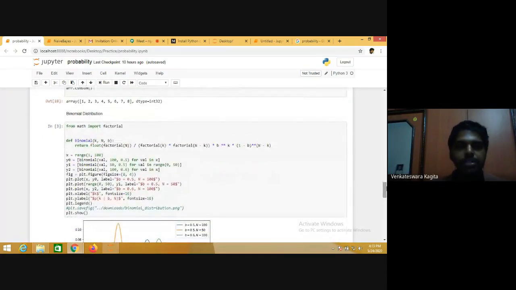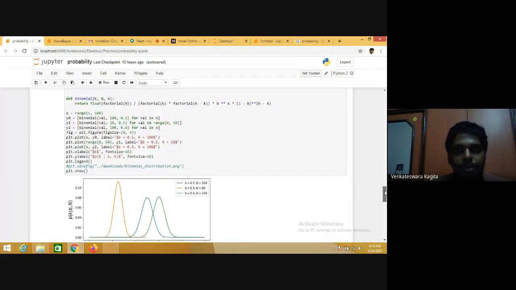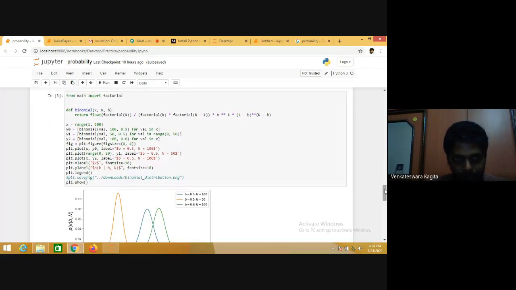So if you want to analyze a particular probability distribution, that also you can do. If you would like to visualize a particular probability distribution, for example the binomial probability distribution.